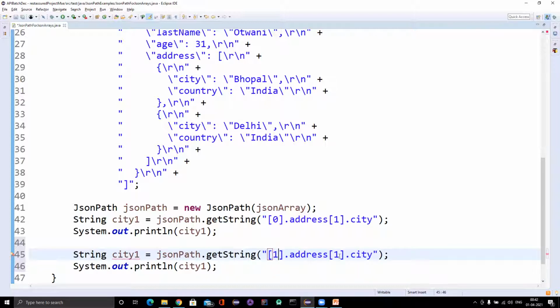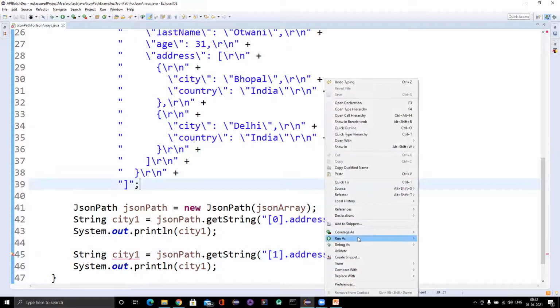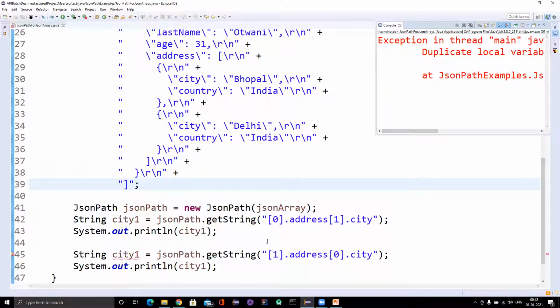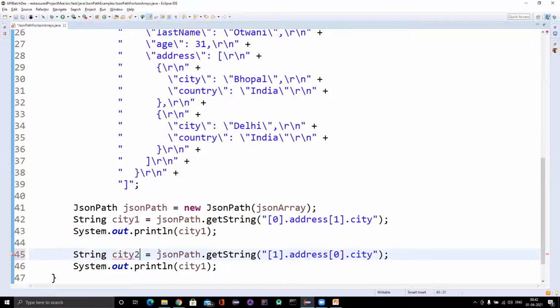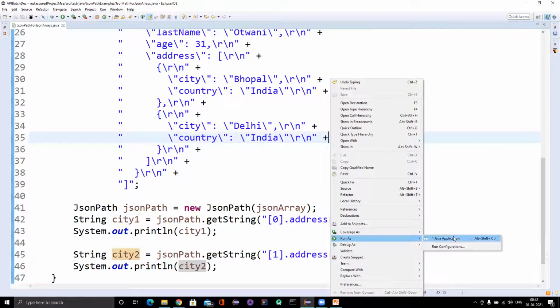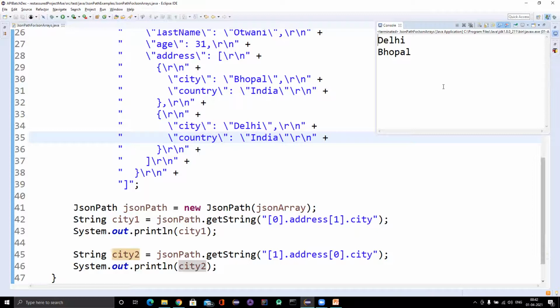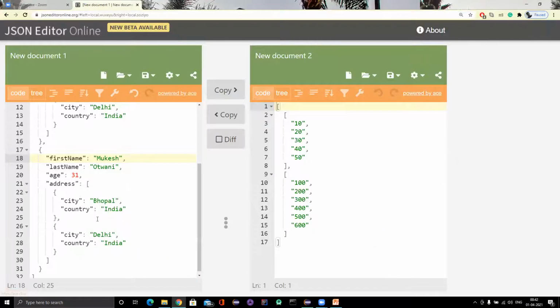So address of 0 will give me the first city name where Mukesh lives. This is a compilation error because we have used the same variable name. Okay, we can see Delhi and Bhopal, right? Delhi and Bhopal we're getting.